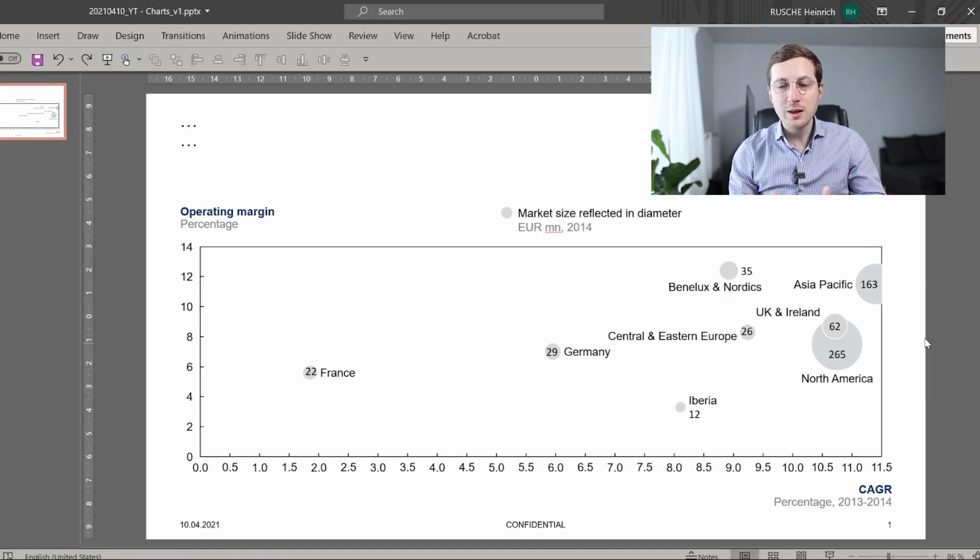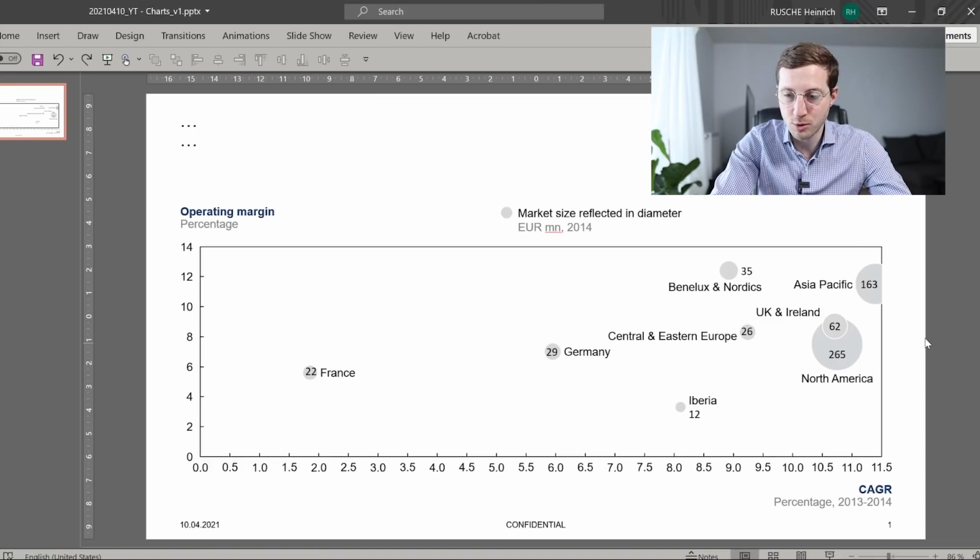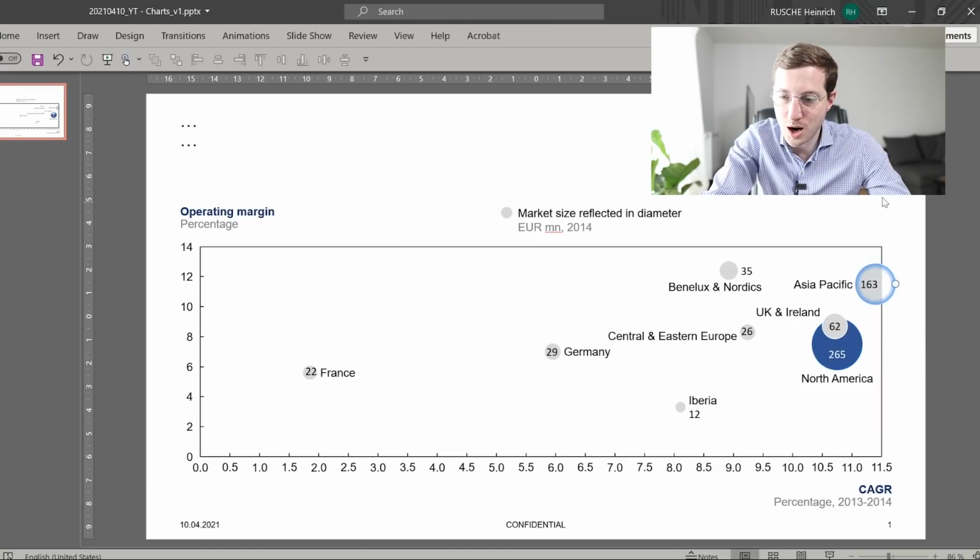So what could be a meaning that would justify the use of colors? If you look at this chart, one conclusion that you might be able to draw is that there are actually 2 regions which are extremely interesting and relevant for this company. This will likely be Asia Pacific and North America. Because the business in Asia Pacific has a high margin, it is growing extremely fast, and it is rather large. And regarding North America, the numbers are slightly worse than in Asia Pacific, but the business is even larger, making it relevant as well. If this is the message of this chart, you could go ahead and, for instance, color these 2 regions in blue, just to show where the focus of the audience should be.